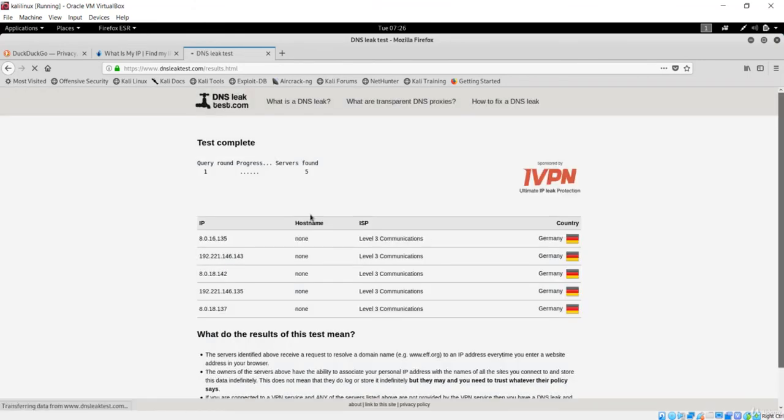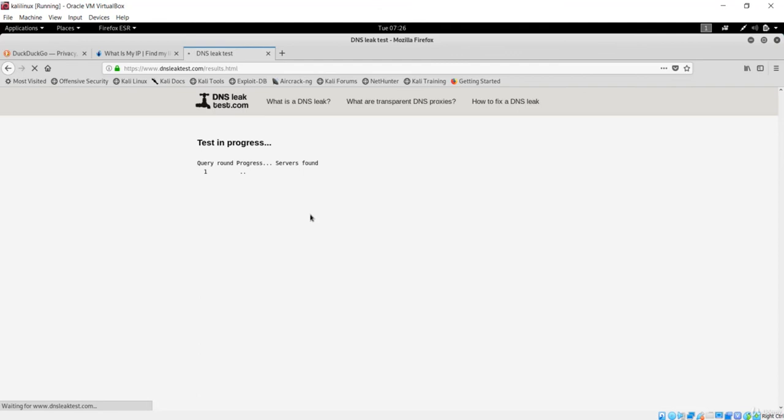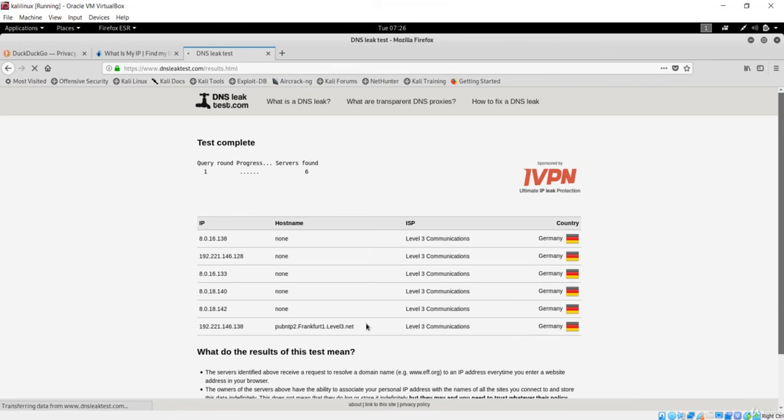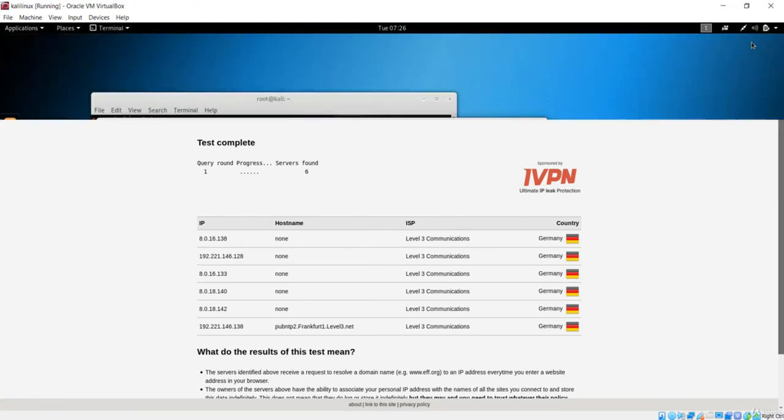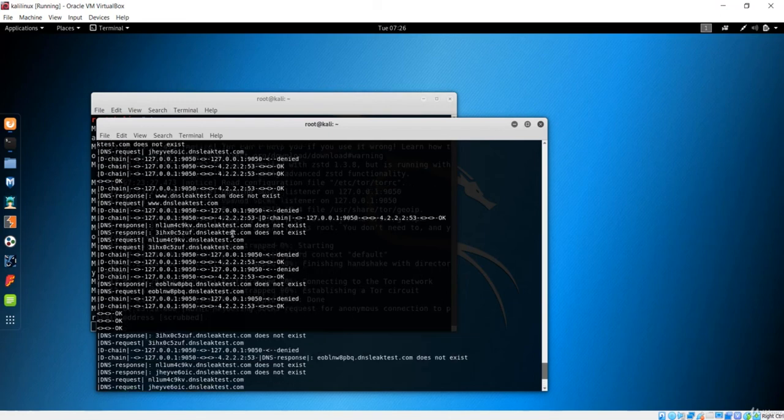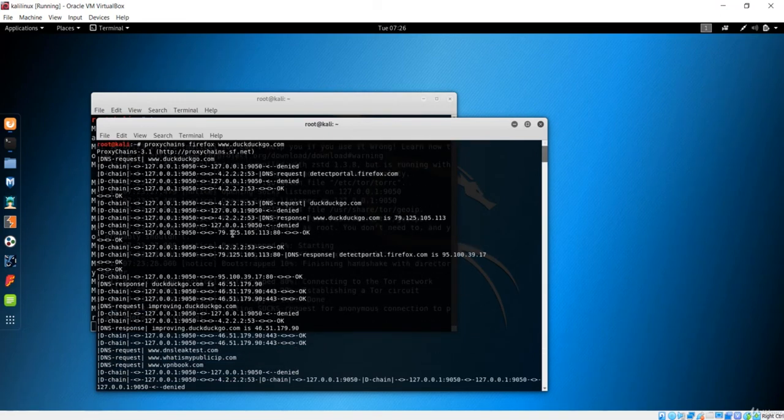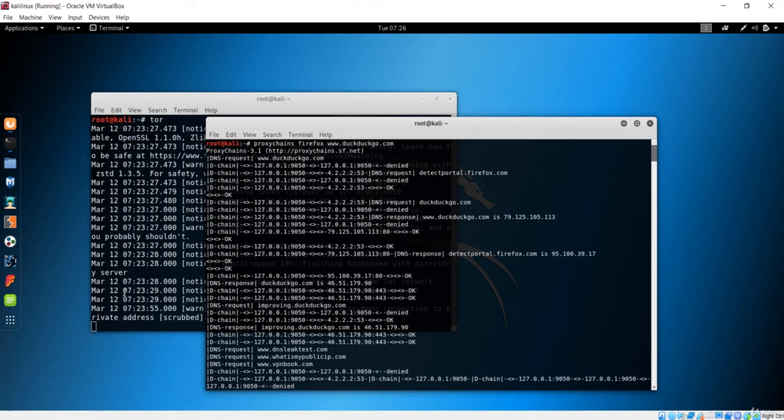So let me just resend this again, and you will see again the chains, and basically it is done by the proxy chains. So you could see the importance of this proxy chains. You could clearly see now it has again changed to Frankfurt, which is the new IP address that it has been hooked up, or basically chained, and you could see within a minute there are responses going on over here in the terminal. So this is very important for the proxy chains. It will give us a powerful tool in order to make sure that there is no DNS leak and there is no IP transparency going on.